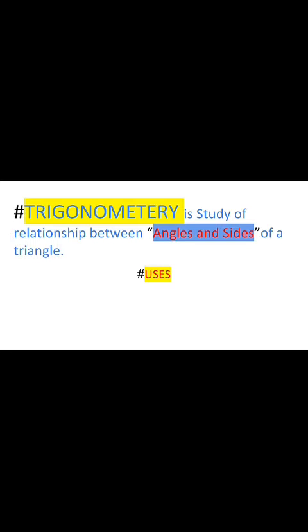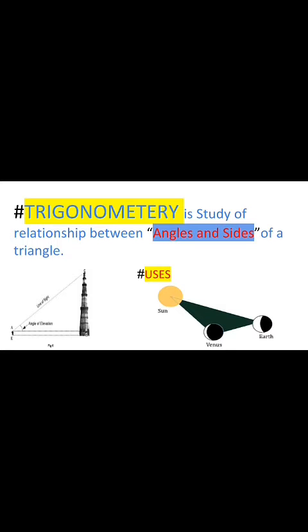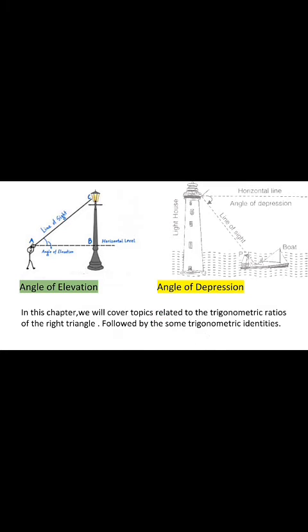We must all be aware of the uses of trigonometry, because it is very important and has significance in our day to day life. The uses of trigonometry, class, involve finding the height of any object or the distance of any far object, like calculating the distance of far objects such as the sun and moon. Also, the uses of trigonometry involve the calculation of the angle of elevation and angle of depression. You will learn this in the next chapter, that is, applications of trigonometry.